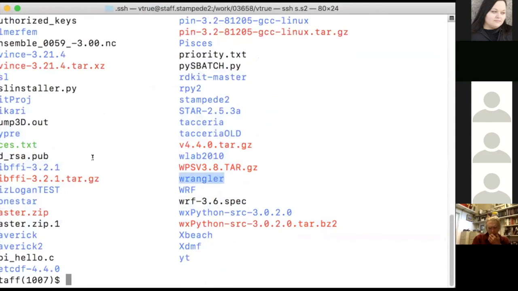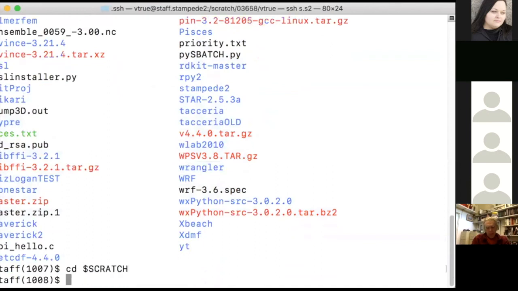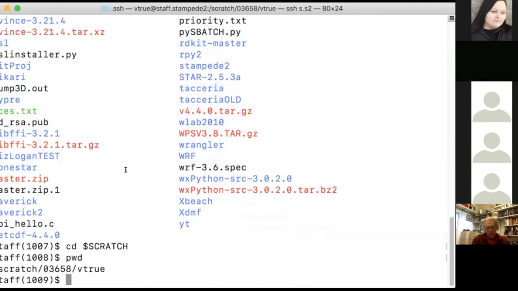So this is sort of the way we help divide things. I generally recommend moving around using the variables that batch provides. You can do the same thing for Scratch. So cd $SCRATCH, and that will place you into your specific Scratch directory.